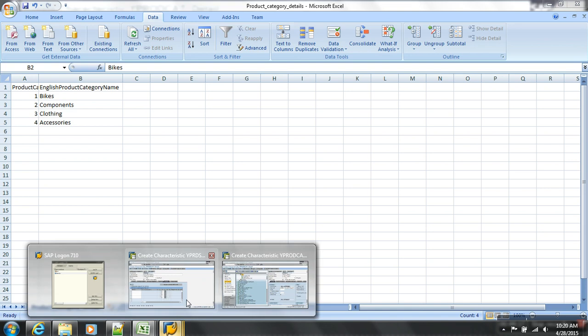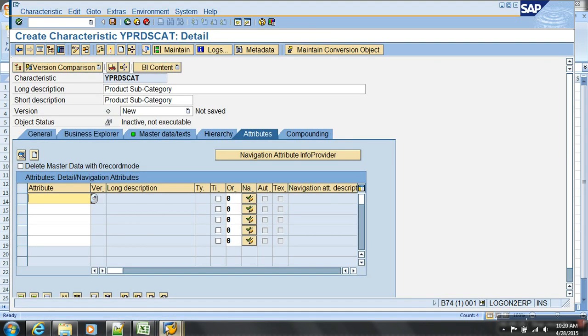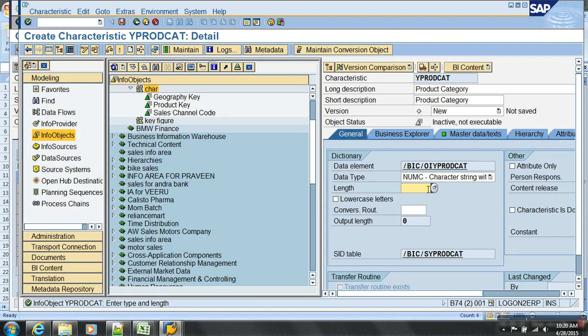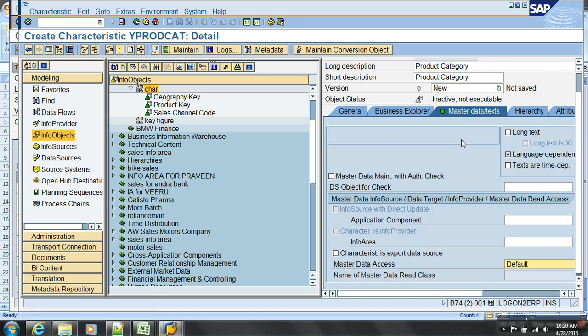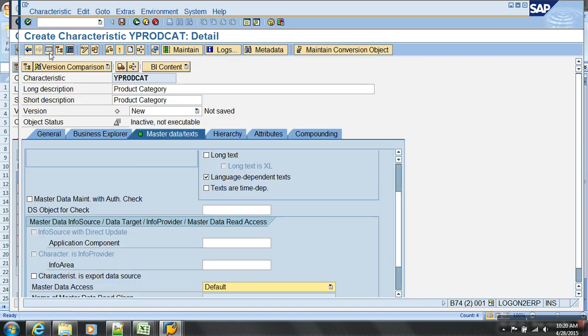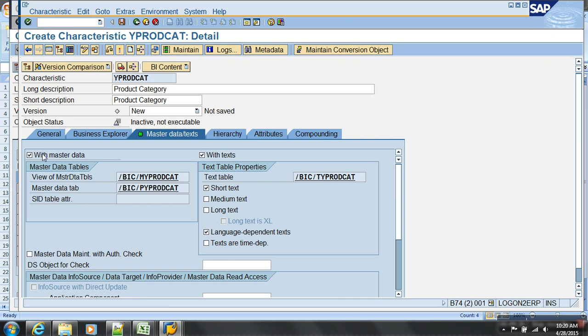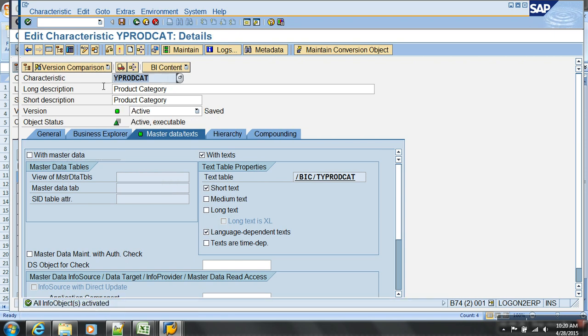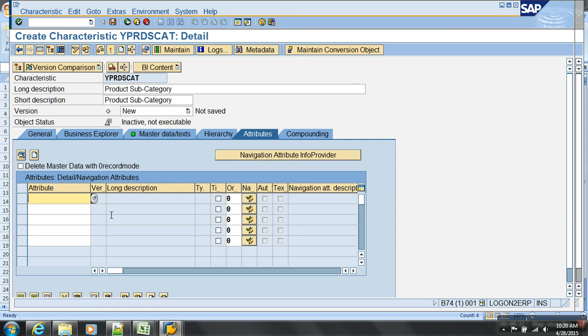It will only be with text, right? Category NUMC 1, and I want only text, active. And I would like to use this as an attribute of subcategory. That's fine.